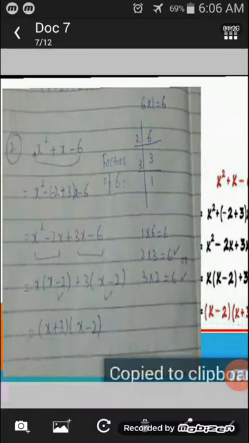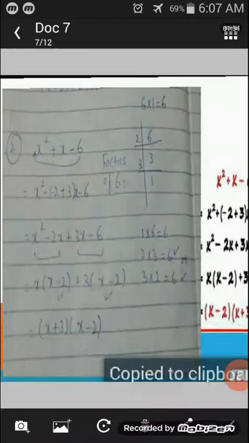Plus is assigned with the greater number and minus is assigned with the smaller number. As I already said, if this situation occurs like x square plus x minus 6, then you choose plus n1 and minus n2, with the plus sign assigned to the greater number, because it reverses the process. x square plus x minus 6 is equal to x square minus 2x plus 3x minus 6.